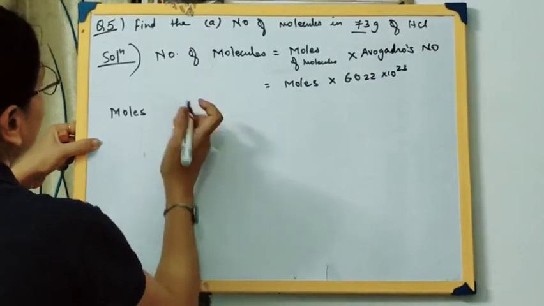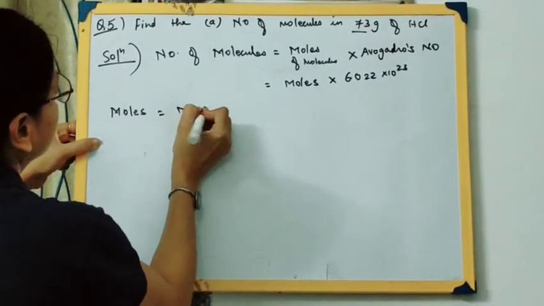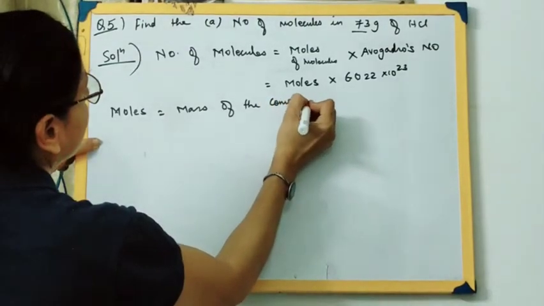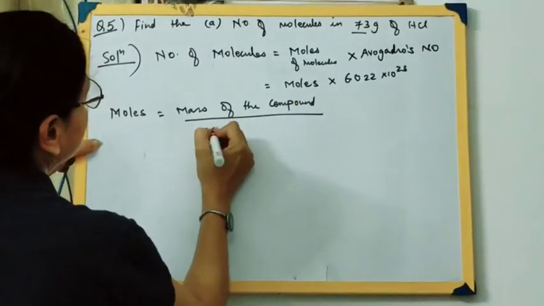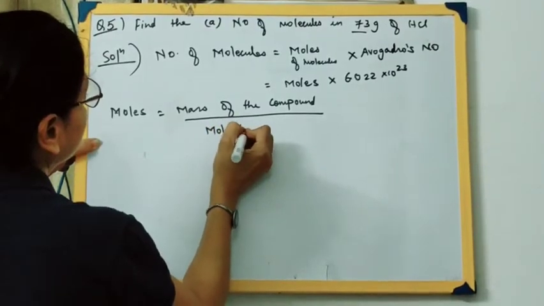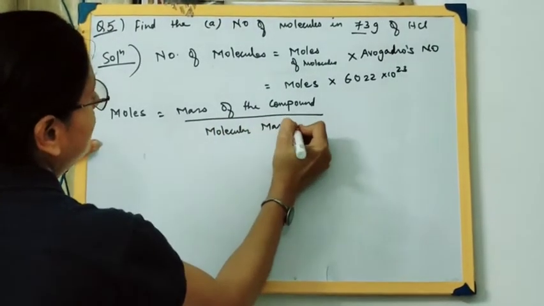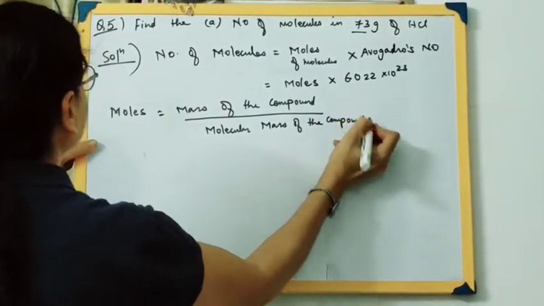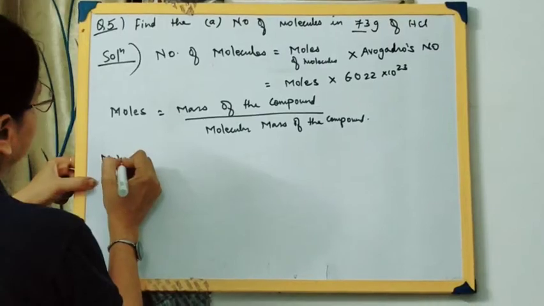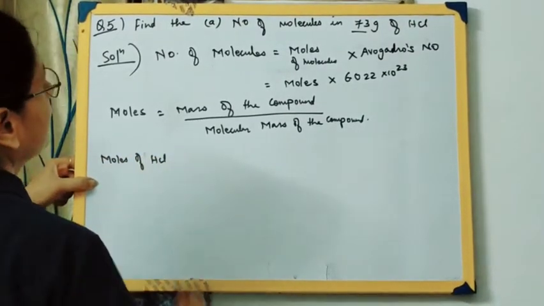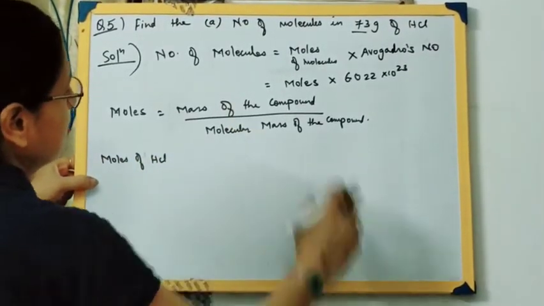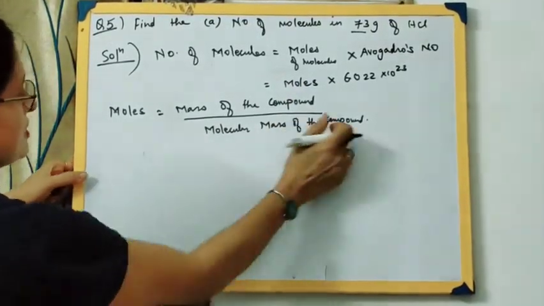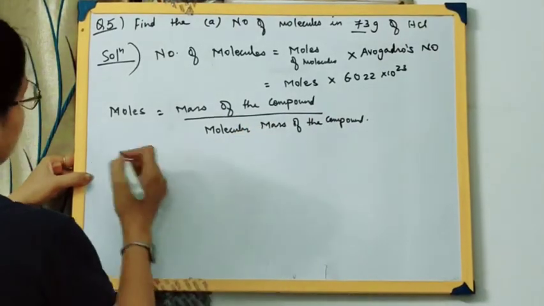General formula, I'll write down: moles is equal to mass of the compound upon molecular mass of the compound. So moles of HCl will be mass of HCl upon molecular mass of the compound. So we first find out the molecular mass of this compound. We need this. So molecular mass